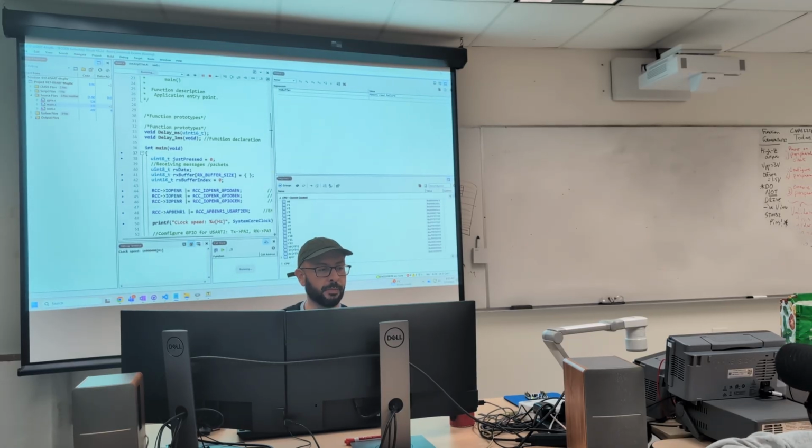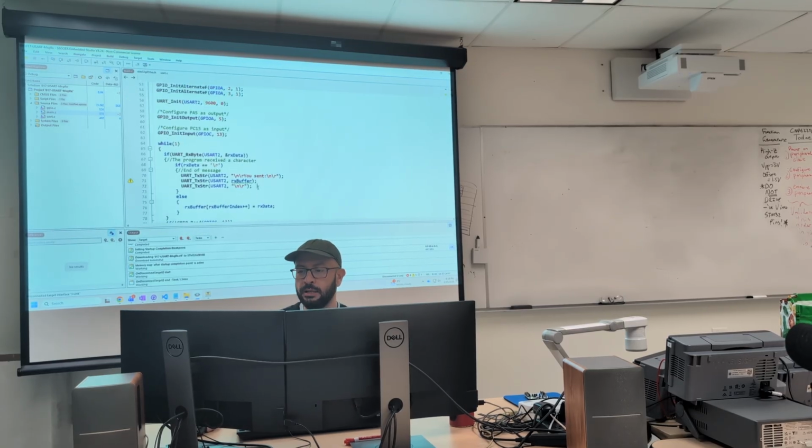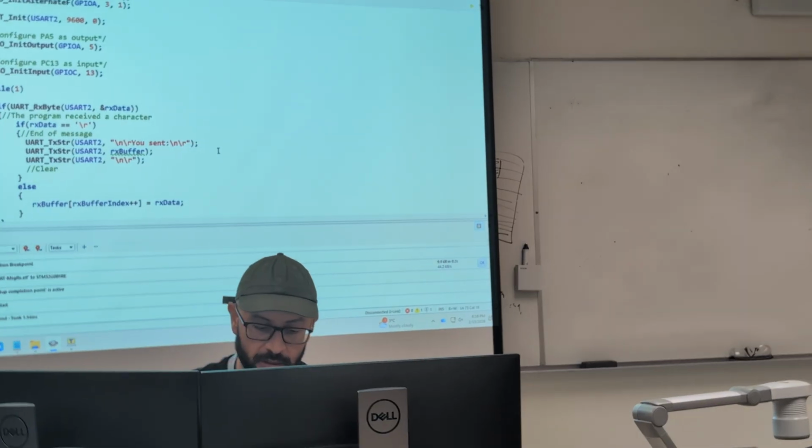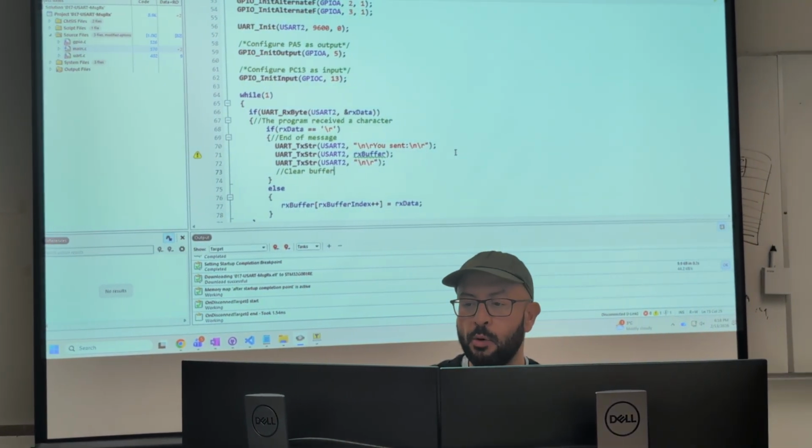It's just adding to the character array. So I'm effectively adding things to the buffer, but I'm not clearing it. Well, I'm going to say here, when should I clear the buffer? Whenever this is processed, right? So I'm going to add a comment here, clear buffer. And we're going to deal with it in just a moment.